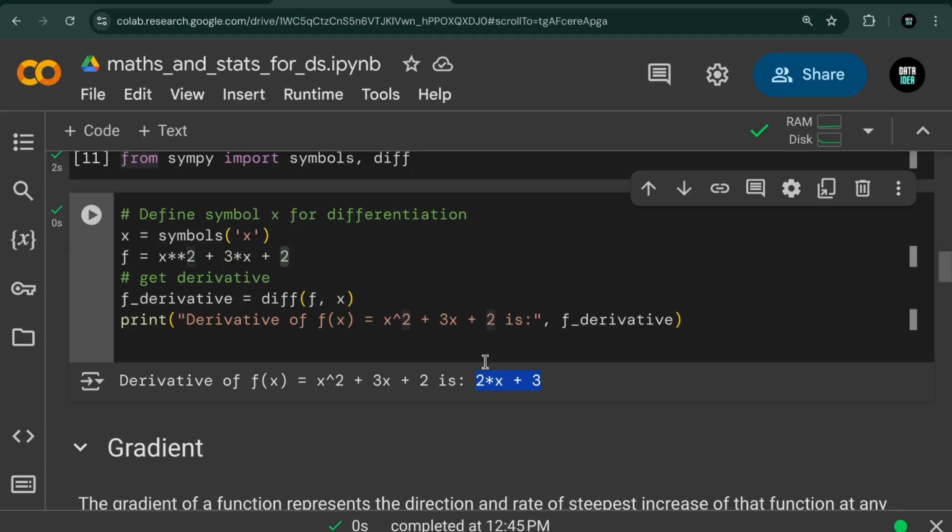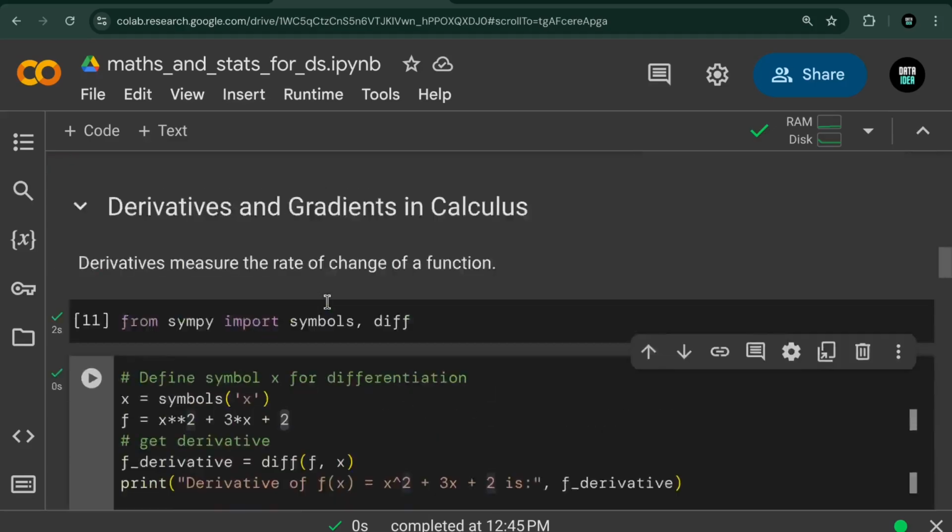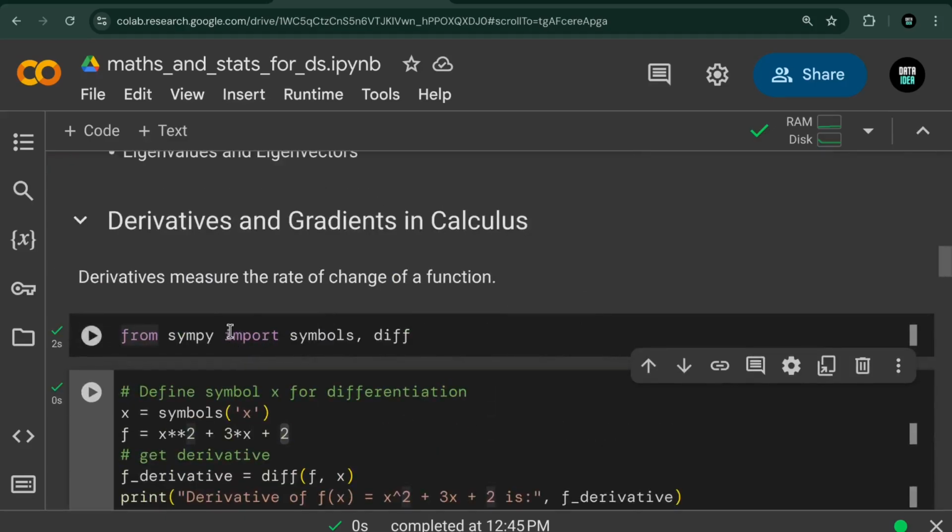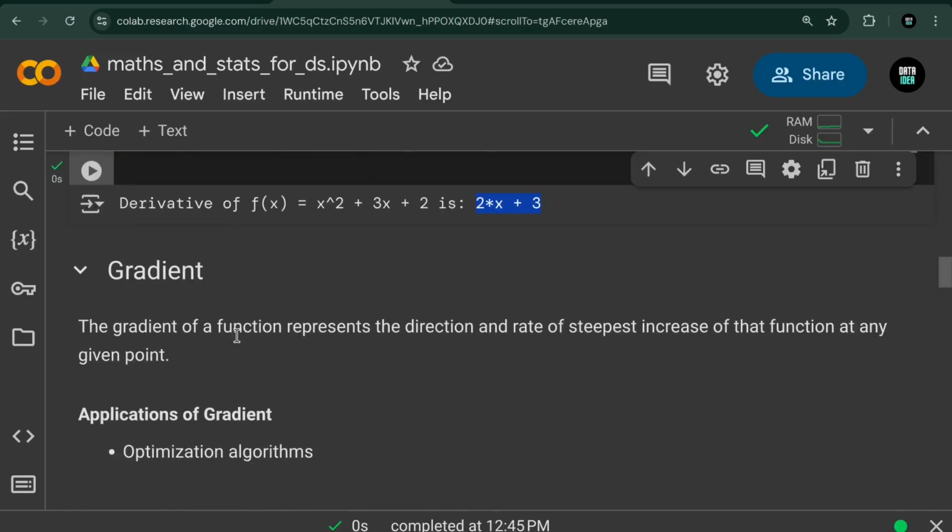Now the gradient in this context will just tell us the direction and the steepness of our function. Same case if you are moving, maybe you are climbing somewhere, the gradient will show us the direction that you are moving and how steep the hill you are climbing is. In this context, the gradient is the same as the derivative, but in another context the gradient can represent something a bit bigger, which is out of the scope for this